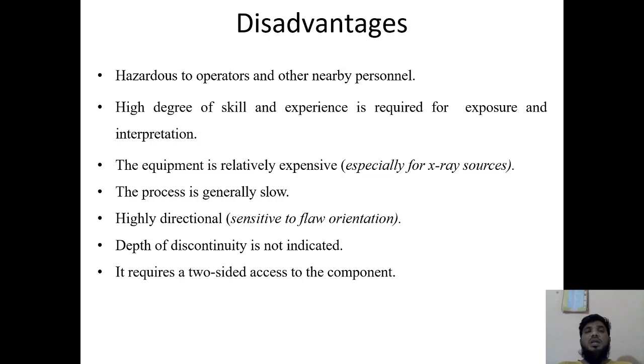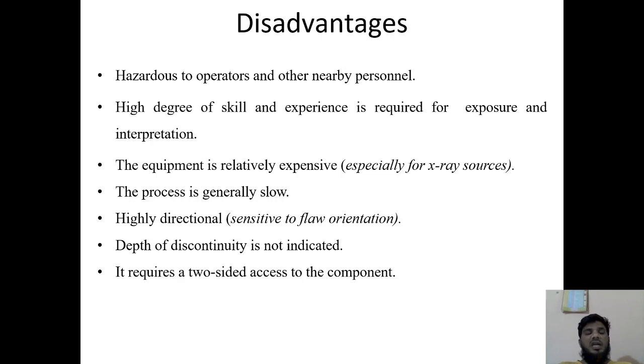The disadvantages are, first, that continuous exposure to X-rays is hazardous to your body, so you should not be continuously exposed. A person whose body is continuously exposed to X-rays may get skin cancer. A high degree of skill and experience is also required when sending the beams. An unskilled person cannot understand which kind of X-ray beam has to be sent when a human is present or when a material is present. For that, very skilled and versatile labor should be there.